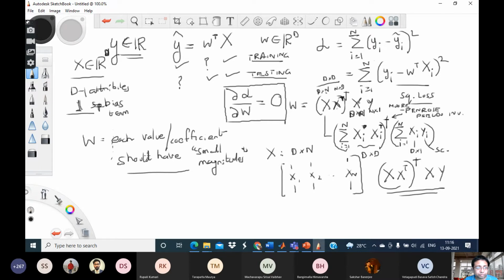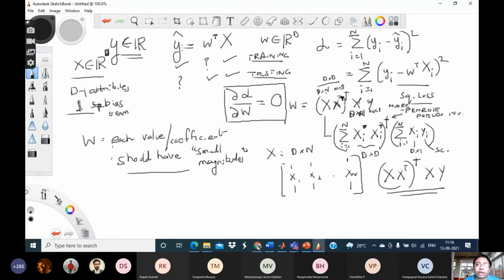If any one W has a large value, that particular feature will have a large weightage, so it might overfit that feature. Each of these coefficients is basically the weightage we are providing to the different attributes. If one attribute has a large coefficient, that attribute is getting a very heavy influence on the response variable. Now that may lead to overfitting, as you said.